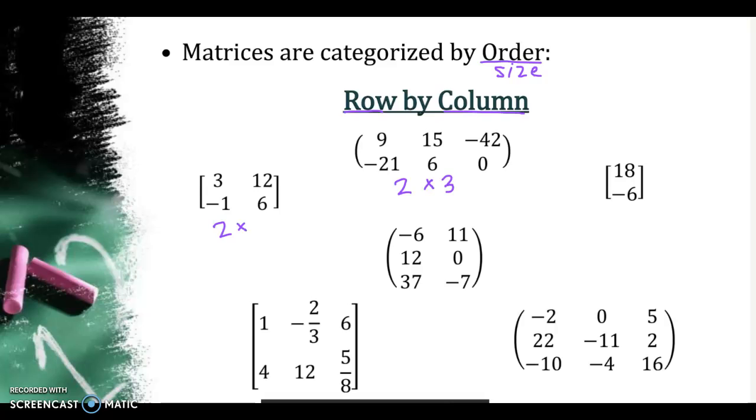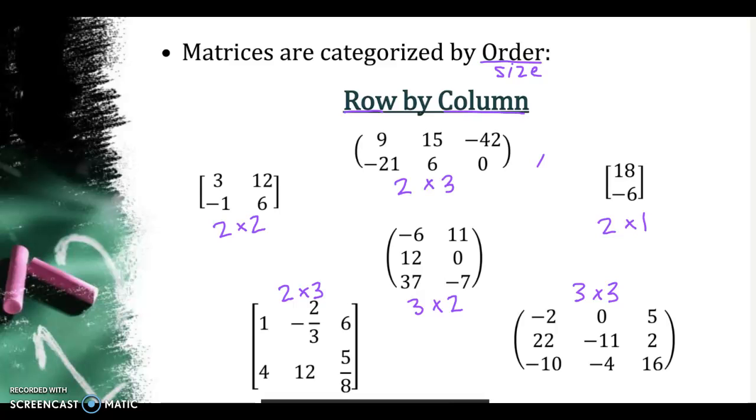So it is a 2 by 2, which happens to be a square matrix because it has the same number of rows and columns. Here we have 2 rows and 1 column, so that is a 2 by 1. Here we have 3 rows and 2 columns, so it's a 3 by 2. For this one here, we have 2 rows and 3 columns, so this is another 2 by 3. That one has the same order as this 2 by 3 up here. And then this last one has 3 rows and 3 columns, so it's a 3 by 3, which is also